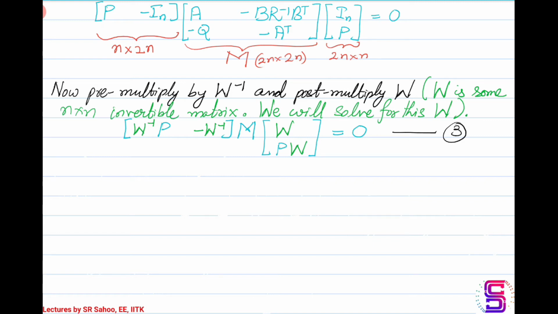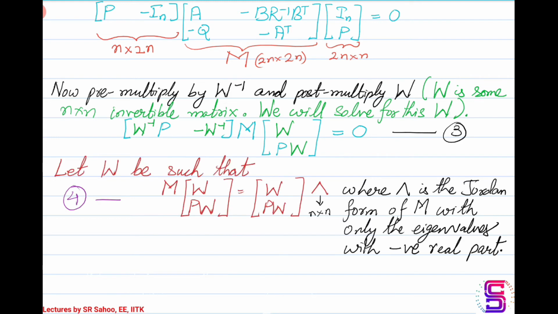Okay, now coming back to the pre-multiplication and post-multiplication. So once you pre-multiply and post-multiply the equations shown above, we get equation 3. Okay. Now, if W is a matrix such that it satisfies equation 4. Okay, now if you observe equation 4, what I have said is the capital lambda here is an n cross n matrix, and it's not the complete Jordan form representation of M, rather a partial Jordan form. When I say partial, why?